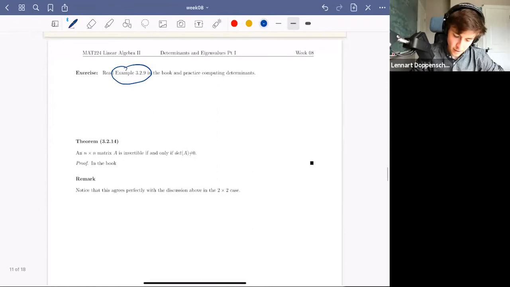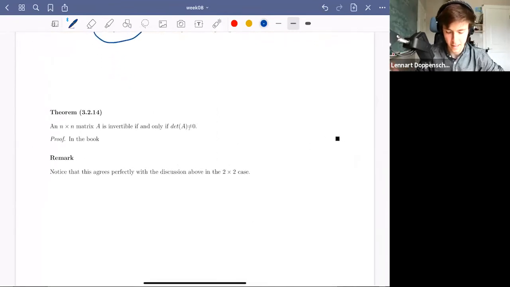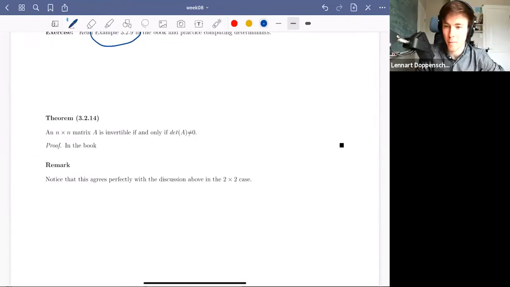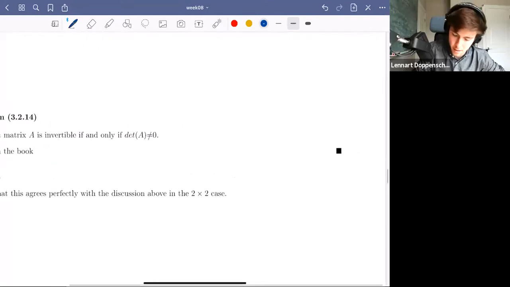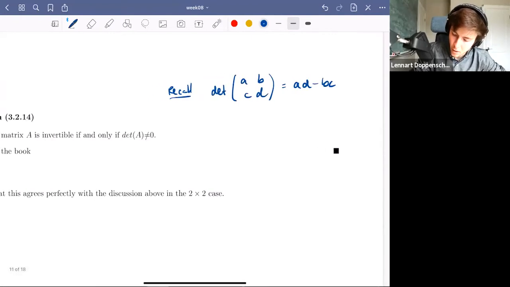And then, recall that this theorem is very interesting. I guess this is one of those lucky coincidences in math that we actually have this theorem. Remember the determinant of a 2x2 matrix, yesterday when we were starting out with this, what was the motivation for a 2x2 matrix to have the determinant AD minus BC? So recall the determinant of ABCD as AD minus BC was motivated